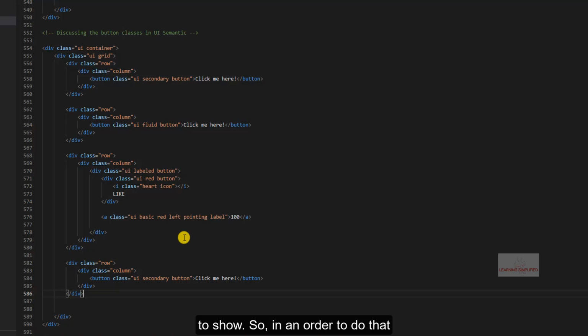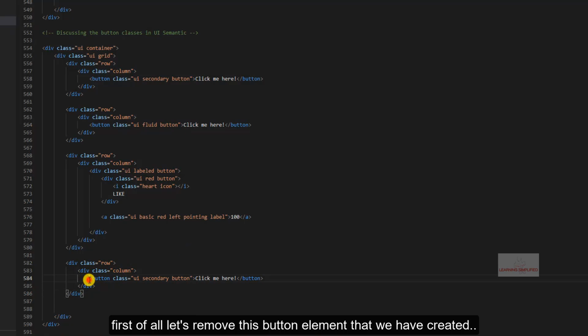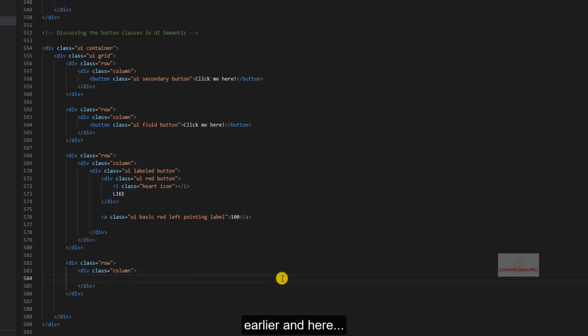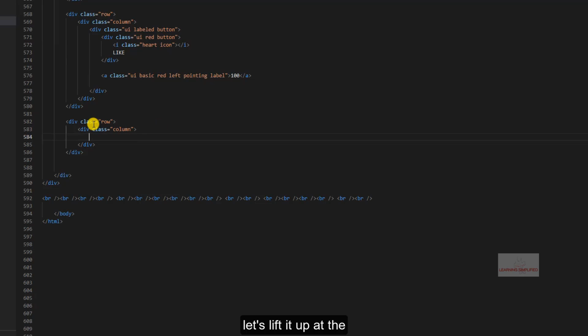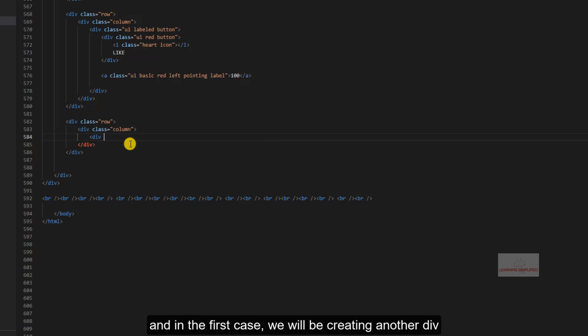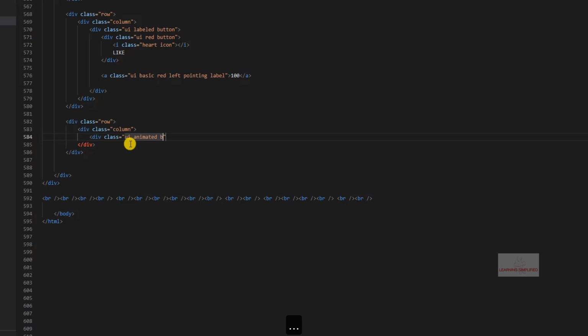So in order to do that, first of all, let's remove this button element that we have created earlier, and here let's lift it to the middle of the page. There it goes. And in the first case, we will be creating another div class with a UI animated button